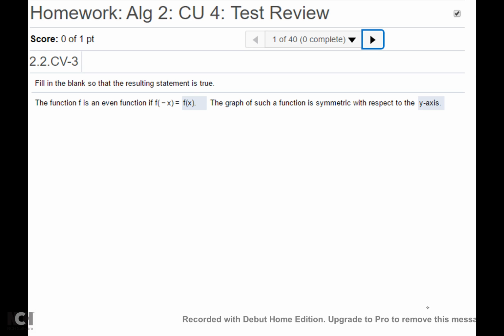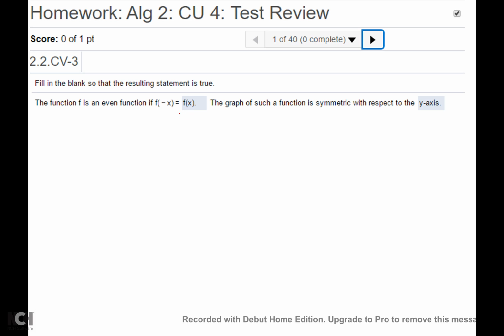All right, we're going to review for your conceptual unit 4 and 5 review. All right, number 1, it says the function f is an even function if f of negative x equals, and